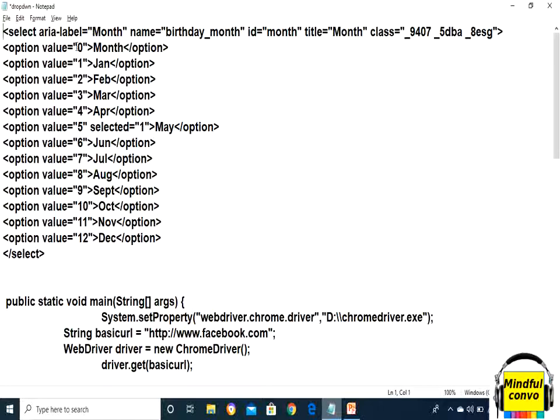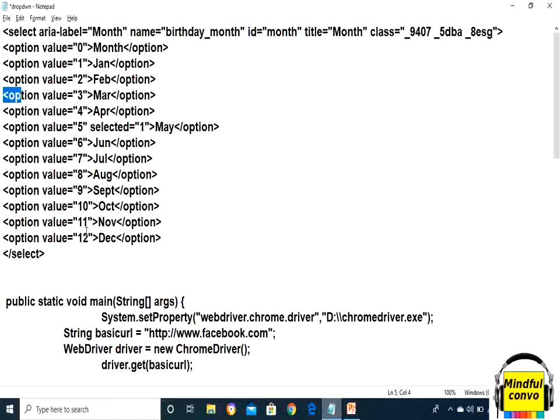Indexes start from 0 till the end. So we have a first index, which means 0, 1, 2, 3, 4 and till the end.